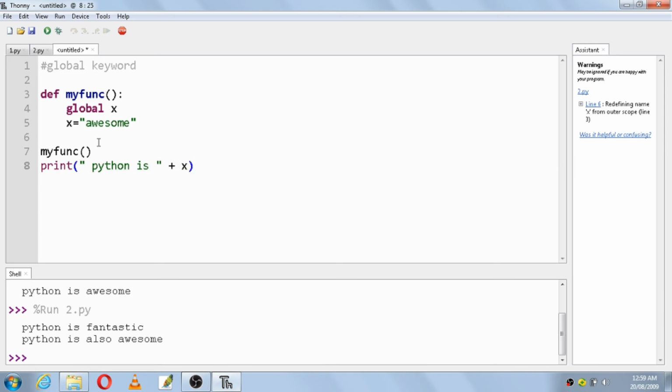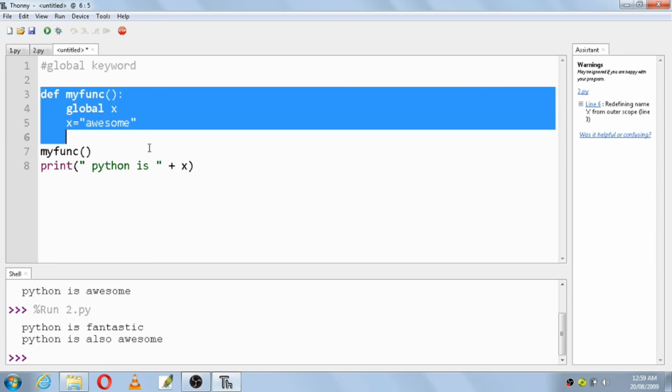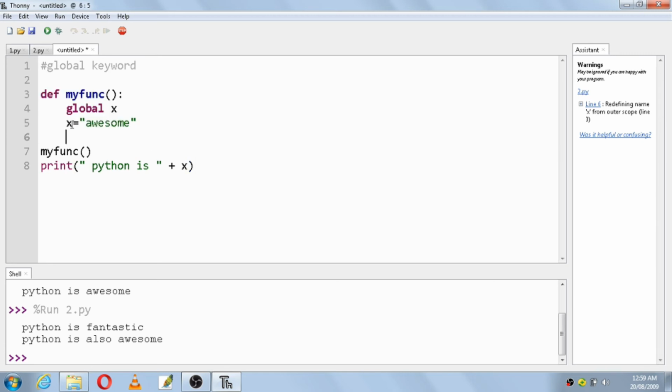Now what will happen is, although this x is inside a function, it would be visible only to this function, its scope would be only this function, but as you have declared x as global, this x value is visible for the entire program.